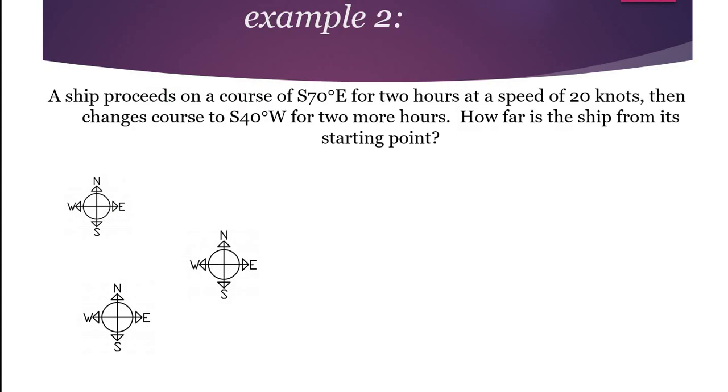All right, one more example here, and this is, we have a ship, and it's proceeding at a course of south 70 degrees east for 2 hours at 20 knots, then changes south 40 west for 2 more hours at the same speed. How far are we from our starting point? All right, so we are going south